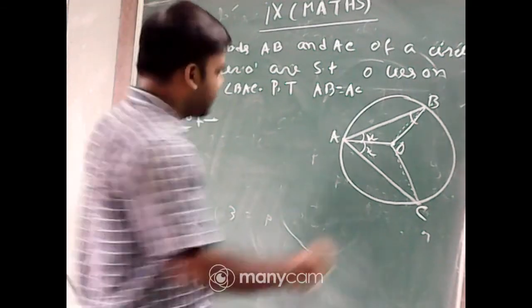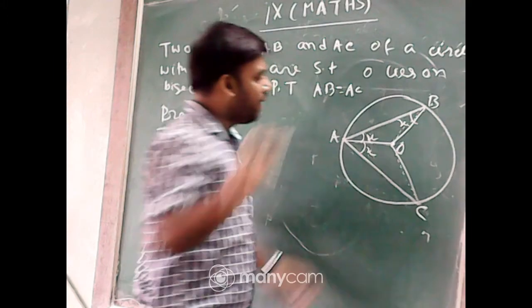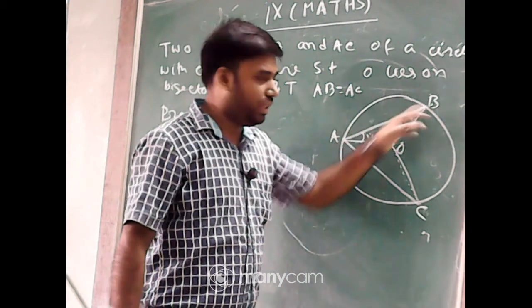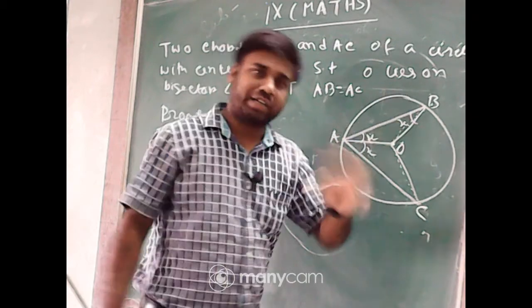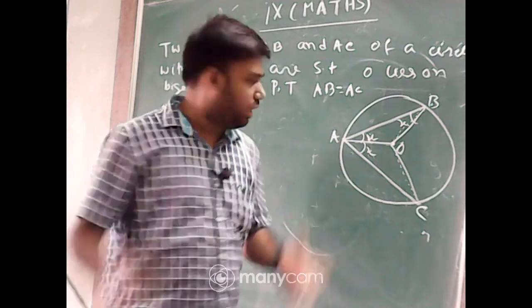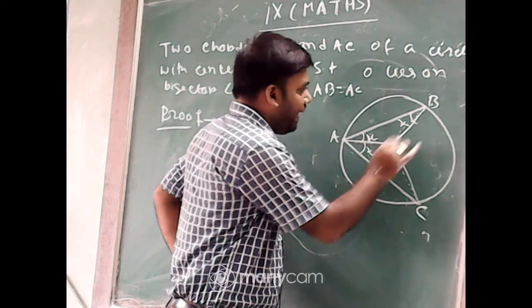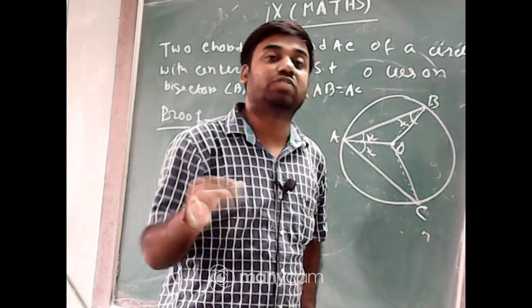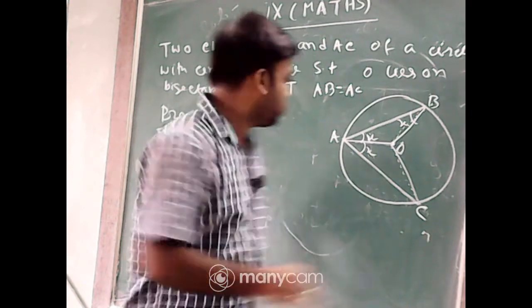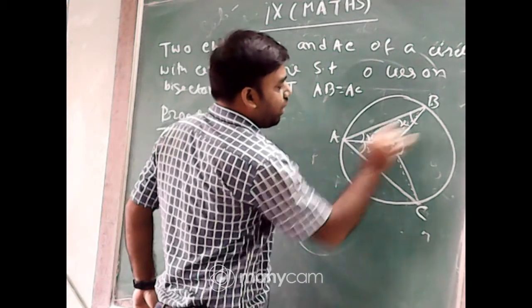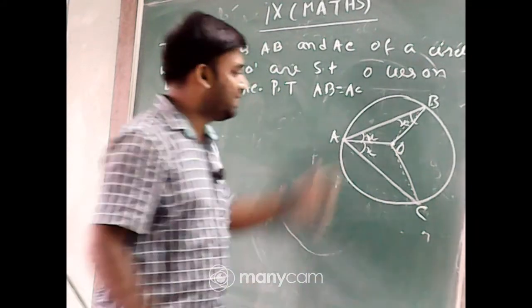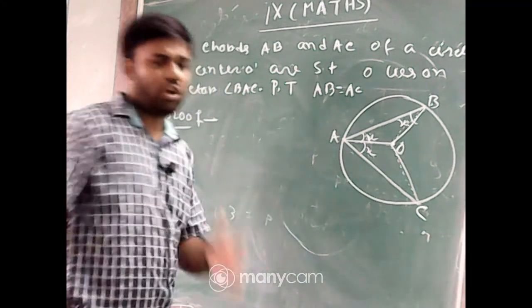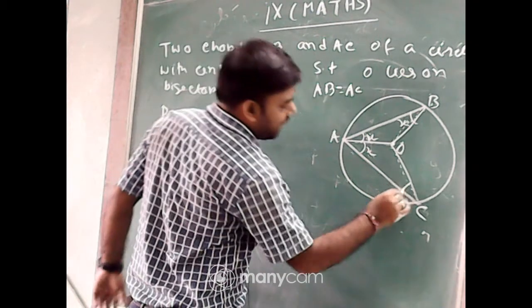Yes, x, because just think about the triangle OAB. OA and OB are radius. As they are equal, so you can say, sir, OAB is an isosceles triangle. We know that base angles of isosceles triangles are equal. So that's why these angles are equal. If it is x, it will also be x.